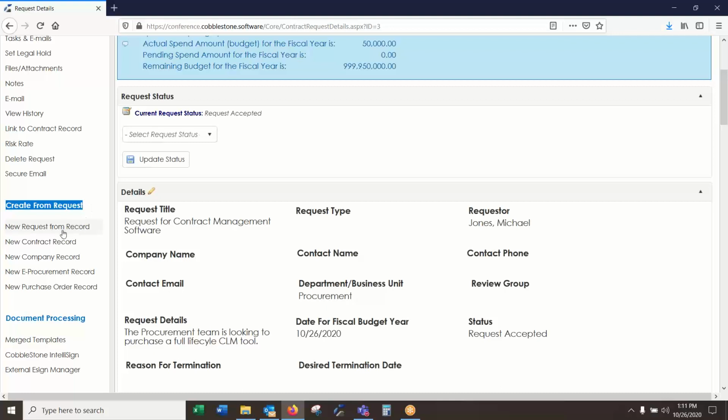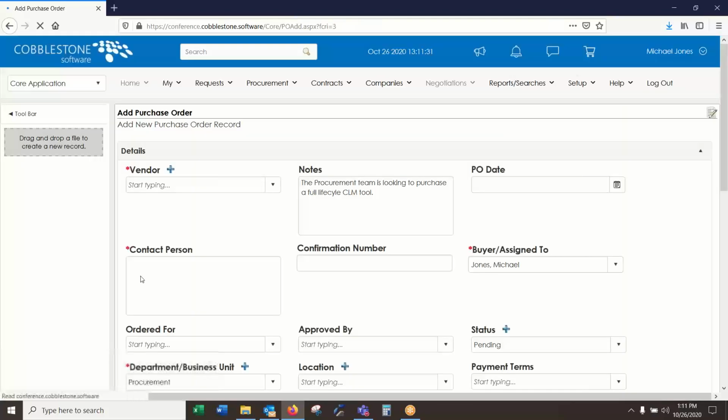We still have the ability to create a new request from this record. We can create a brand new contract record from this request. But on today's session, what we're going to focus on is now creating a new purchase order directly from this requisition as well. So again, a permissioned user can create a new purchase order, and we can see it takes us